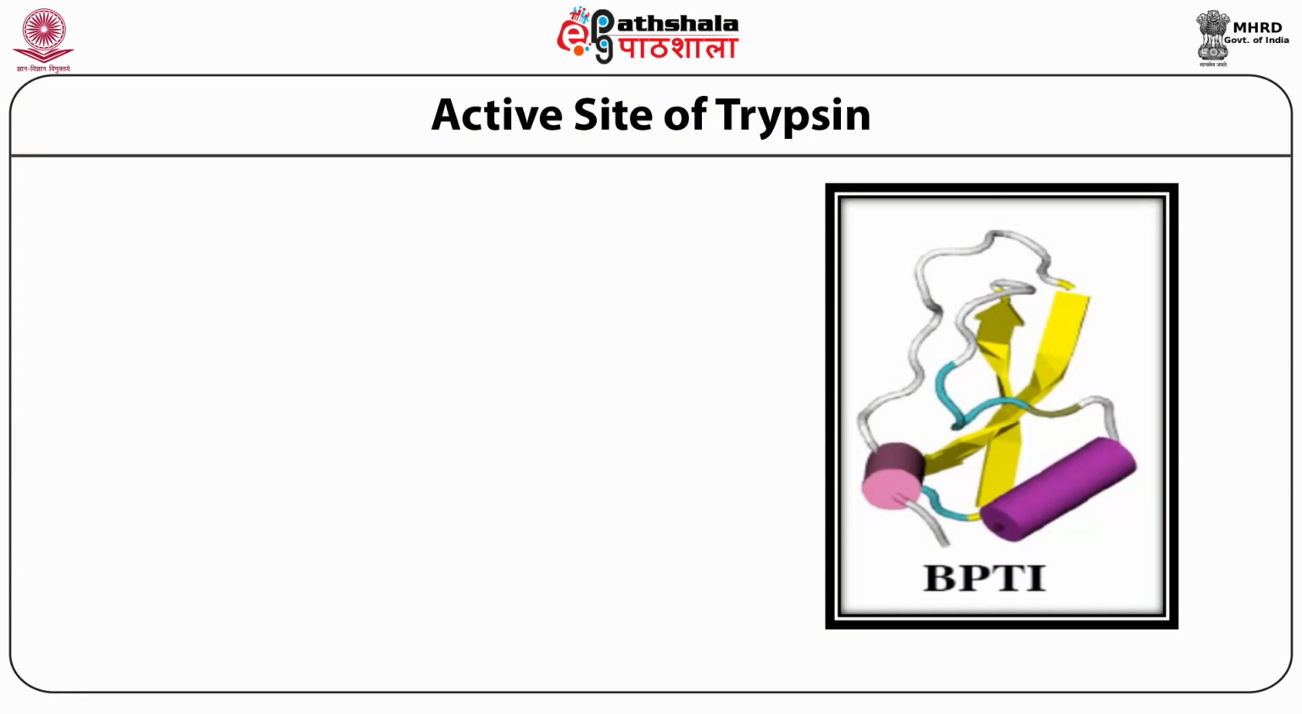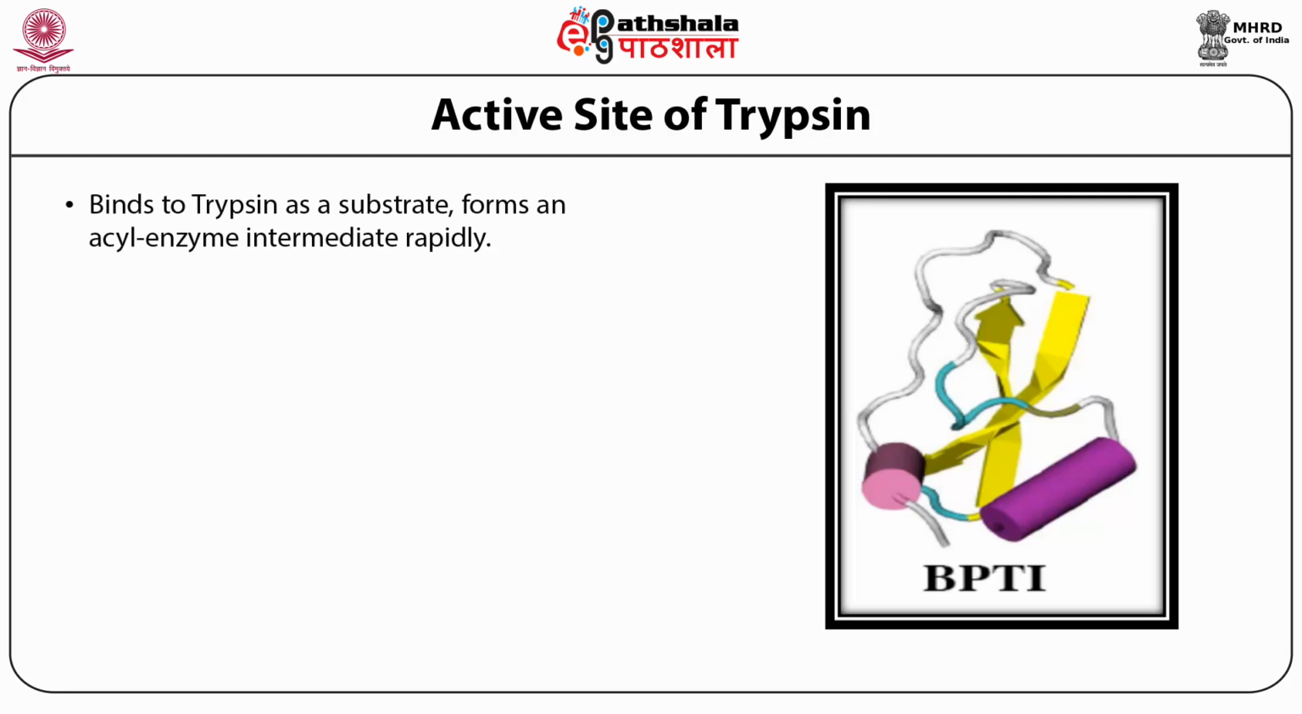Bovine pancreatic trypsin inhibitor is one of the best inhibitors, where the trypsin and BPTI complex structure was solved quite some time back. This binds to trypsin as a substrate and forms an acyl enzyme intermediate rapidly. When it binds and after acyl enzyme intermediate complex formation, there are very little structural changes in the trypsin